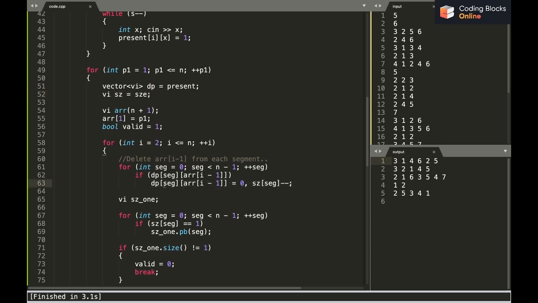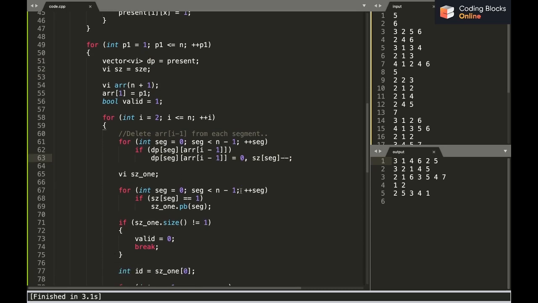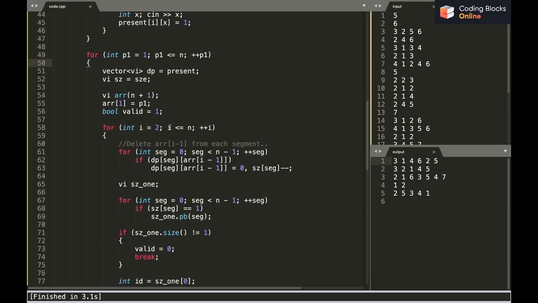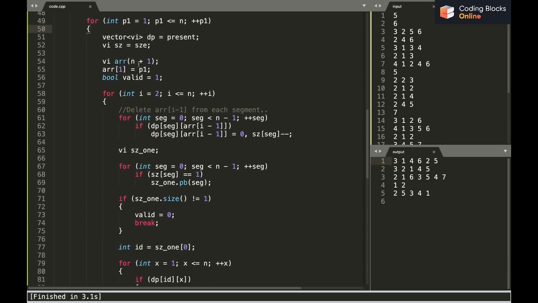I'm making dp of all the values 0 by the end of this, if this is a valid permutation, and I'm also manipulating the size value. I don't want the original values to be tampered with, so that I can calculate the values for the next p1 values also. So I'm just storing them in local variables.